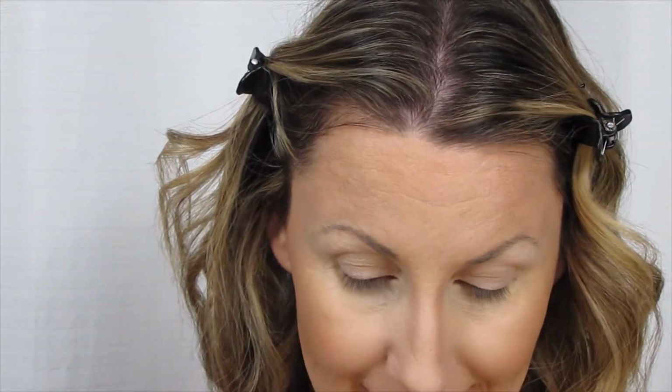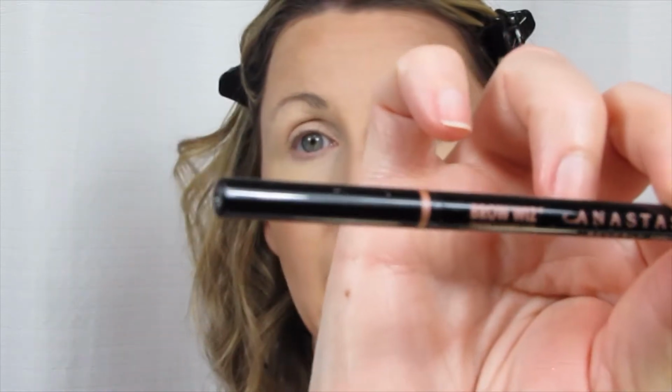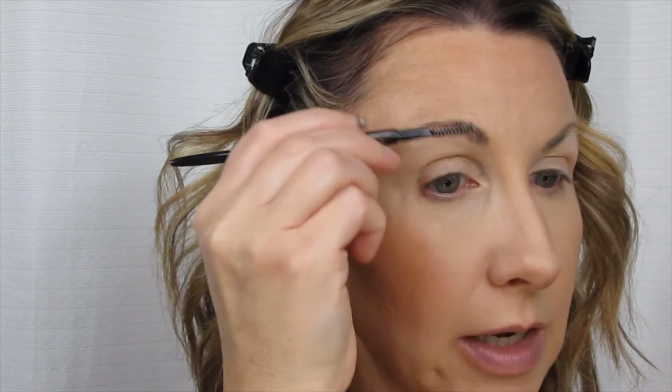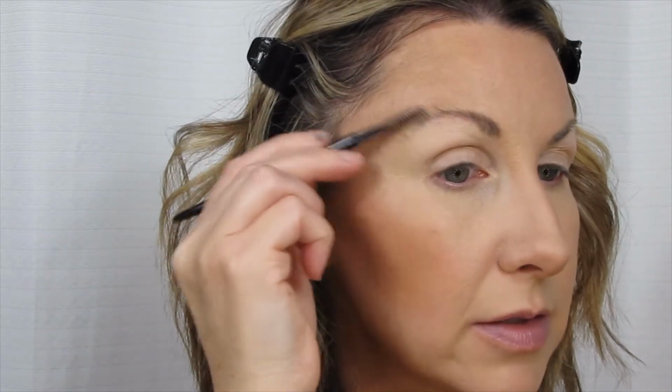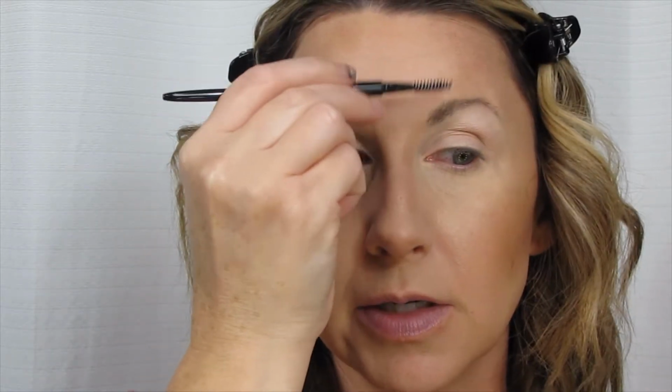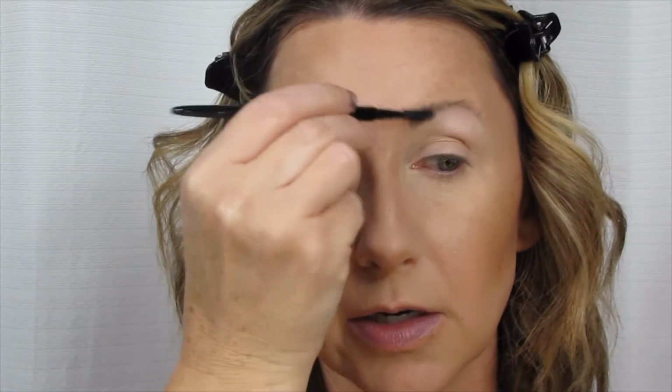What did I get? I got the Anastasia Brow Wiz in medium brown. So I went ahead and picked this up. I've not used this product yet, but it does come with a spoolie on one side, which I appreciate. And hopefully this is a good color for me. So I'm going to brush up my brows, which I did a little taming of earlier. Just did a little plucking,